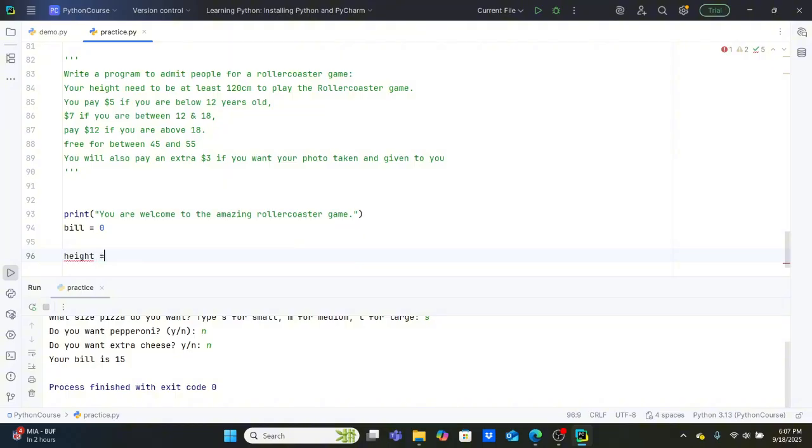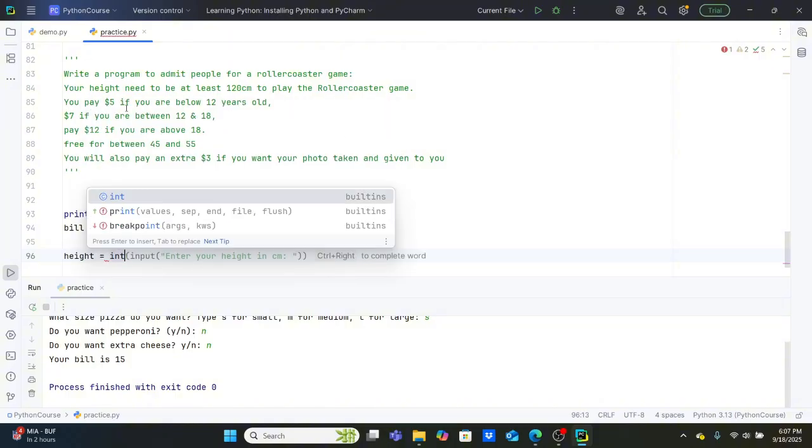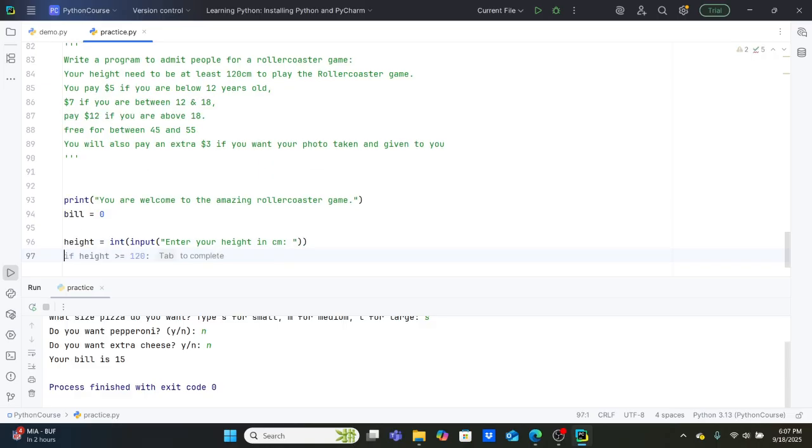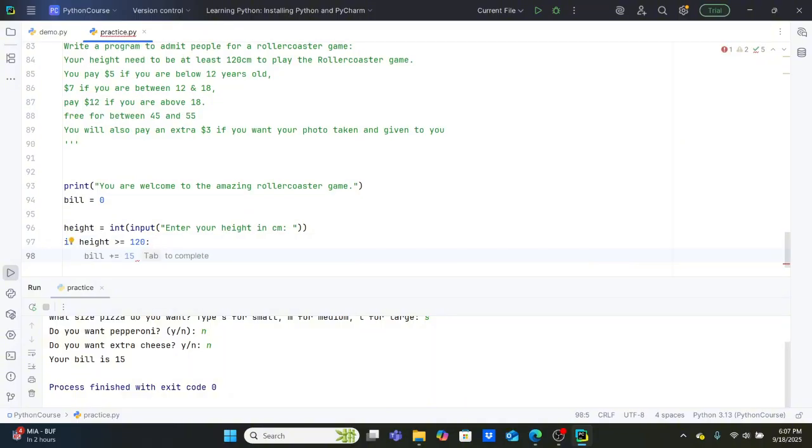So we need to check their height. We can use integer there, so that I can convert whatever number they put in into integer. Input always gives us a string. So enter your height in centimeter. Now if height is greater than or equal to 120, then we need to